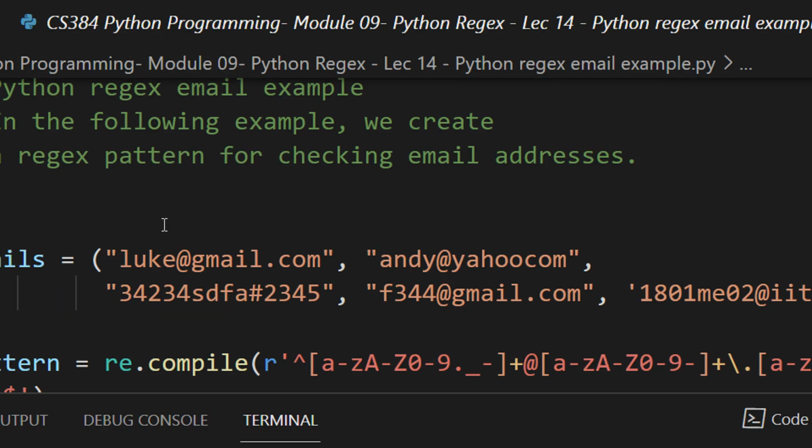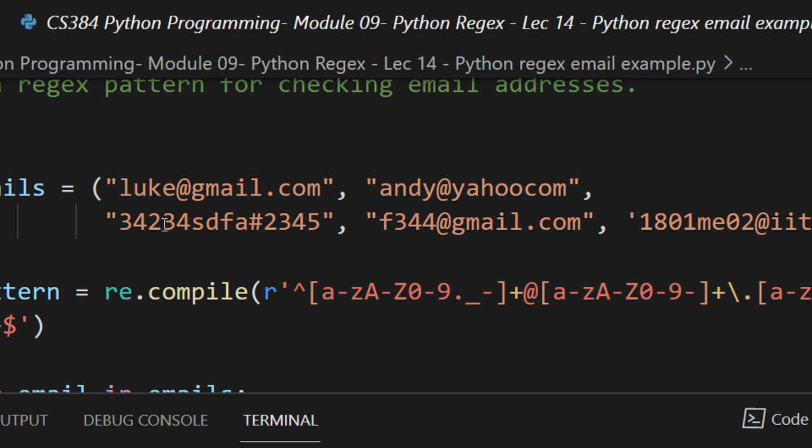Of course, there are many methods by which you can match an email. Here we have matched a to z, capital A to Z, 0 to 9, dot. Some emails also allow you to put hyphens, so this is the hyphen, and plus means multiple instances are okay, one or more, because at least one character must be there in the email. And then I'm passing the @. You can see the @ is outside the bracket because it is mandatory. And then again I'm writing the same string. This is the same expression, except the underscore is not there, because usually domain names don't have an underscore. And then I'm doing plus.